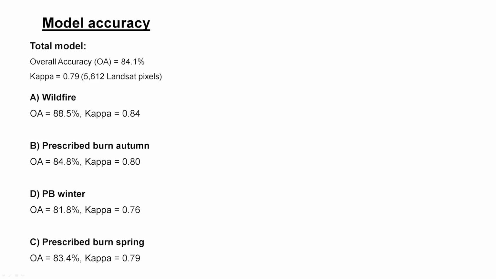So this is an independent testing data set that the model has never seen these fires, and this is for wildfires and prescribed burns. The overall accuracy, which is the number of correctly classified pixels divided by the total number of pixels, was about 84%, and that's for 5,612 Landsat pixels. And our accuracy is a little bit higher for wildfires, mainly because wildfires are mostly unburnt or